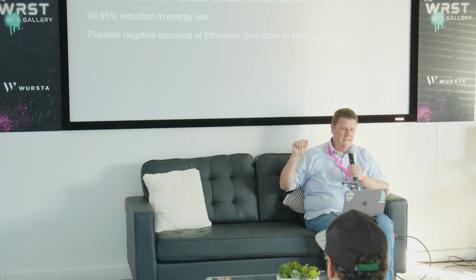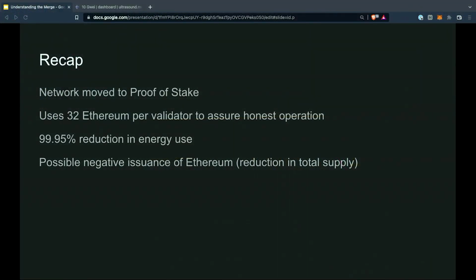So to recap, the network has moved to proof of stake. It uses 32 Ethereum to run a validator. That's what you have to put down as your stake if you want to start solving blocks on the Ethereum network. That's not cheap, right? That's roughly, what, $1,500 times 32? That's like a car worth of Ethereum, a really nice car. Not everybody has that laying around, but it's also a